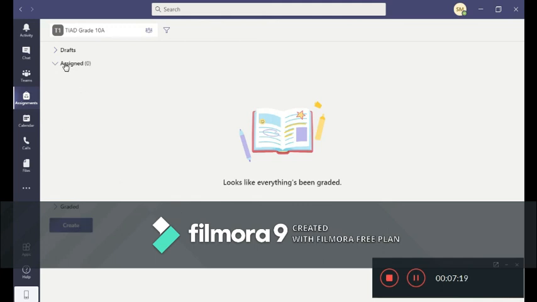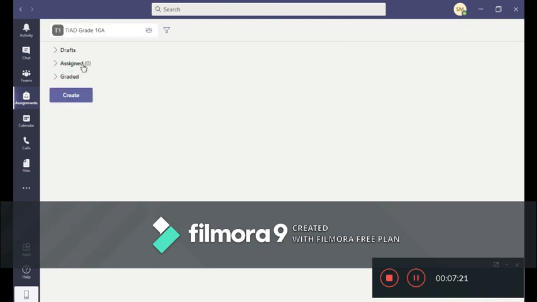The two categories that we have are assignment and quiz. You will have both kinds of assignments over here. One is for downloading the file and submitting and uploading the file again, that is Turnitin. Second one is an online quiz. Since we haven't created any, you cannot see any of the assignments over here.